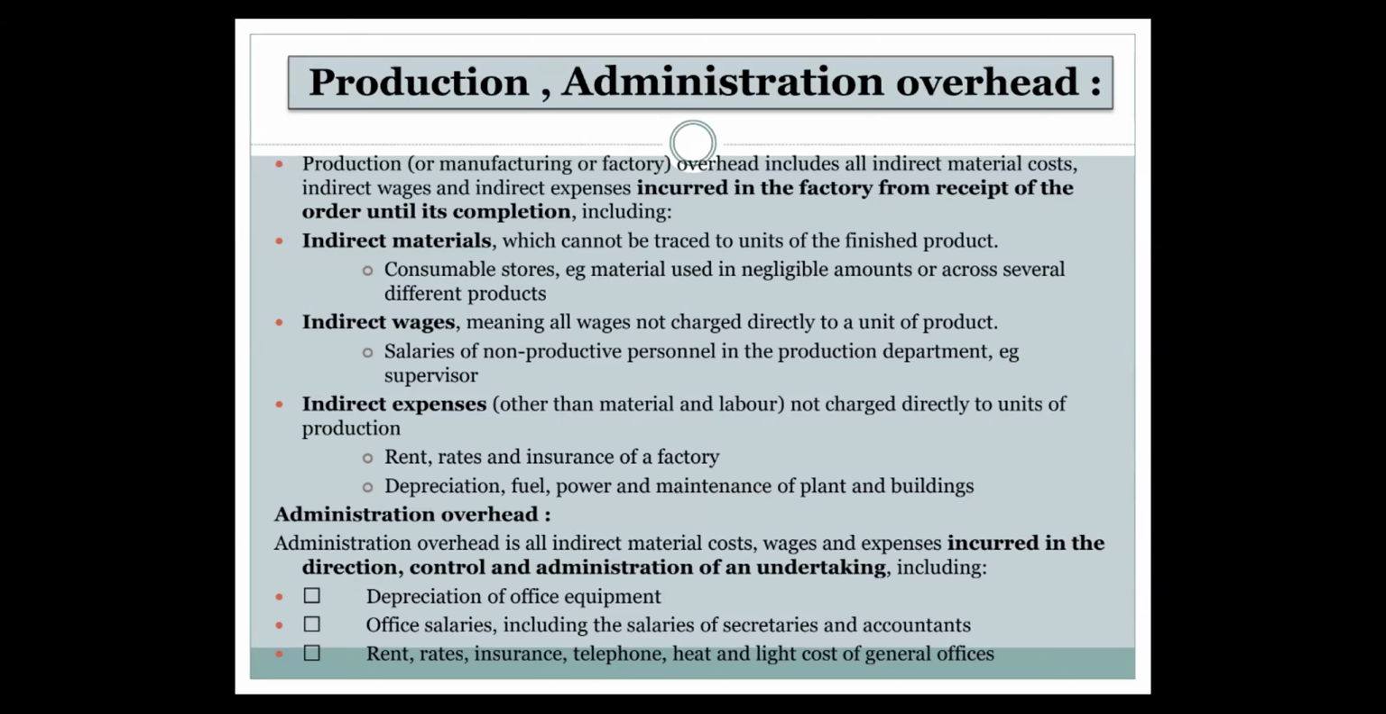Okay, I will try to give some example in Bangla. Other indirect expenses include material and labor not charged directly to units of product, rent, rates, and insurance of a factory, depreciation, fuel, power, and maintenance of plant and building. As I discussed, indirect wages, for example,